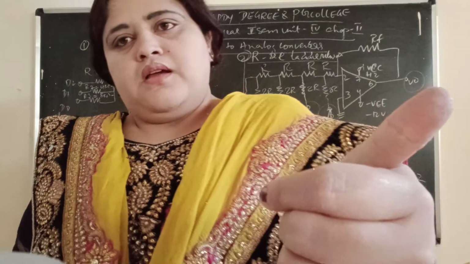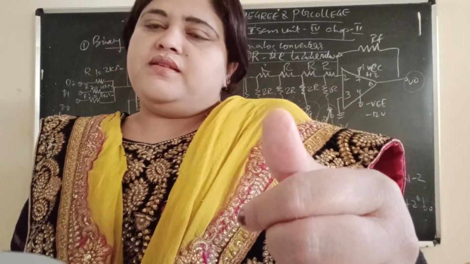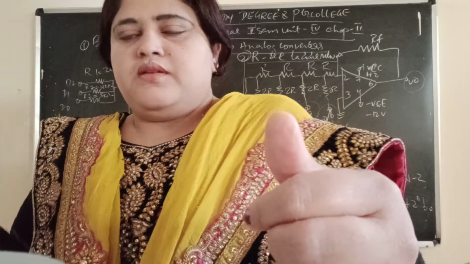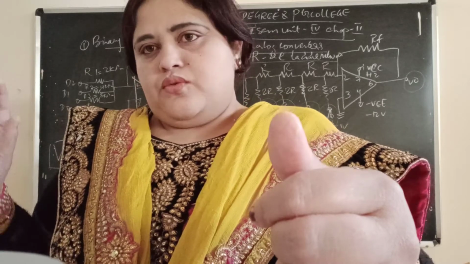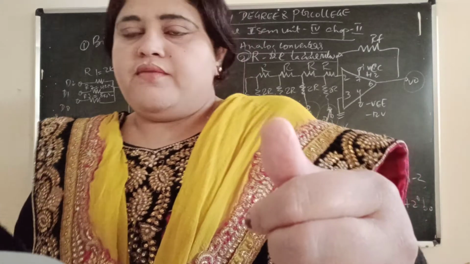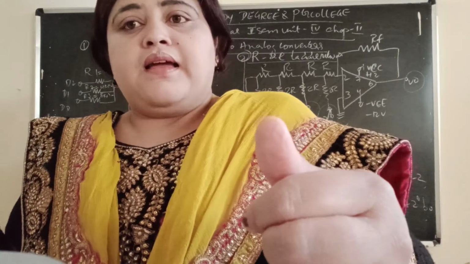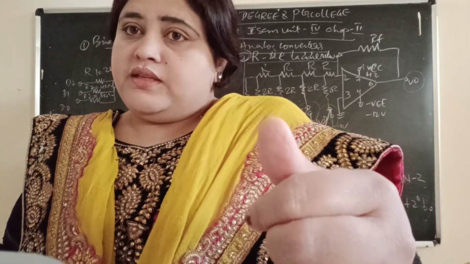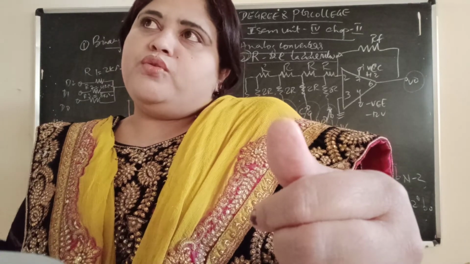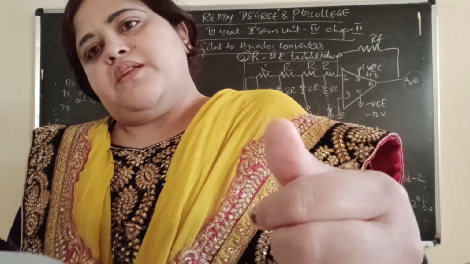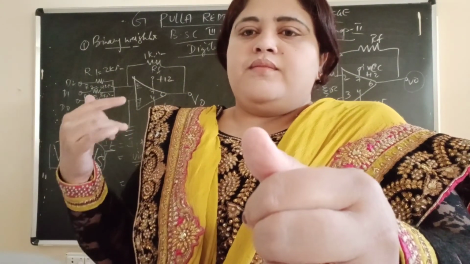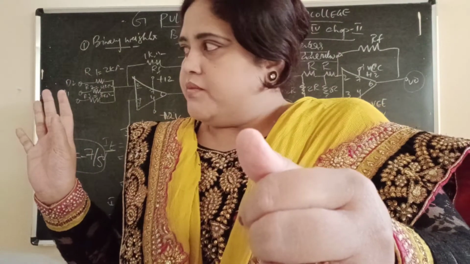The second method is the R-2R ladder network method. In this we took four digital inputs A, B, C, D with switches. If the switch position is 0, the input is 0. If the switch position is 1, the input is 1. These inputs are taken and added, and finally you use the superposition theorem to get the output. We get the final equation of the output V naught equal to 2 power n minus 1 Bn minus 1 plus 2 power n minus 2 Bn minus 2, and so on. By this we completed the R-2R ladder network method also.